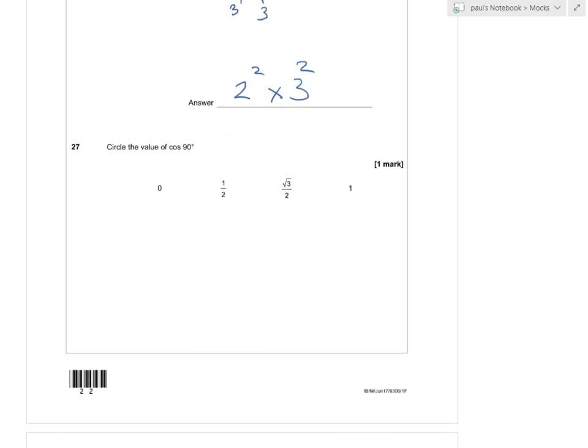Circle the value of cos 90. Now, a little clue for 90 degrees. There's 0 to 10. Yeah. The cos tells you how far the angle is across. So if you've got a 90-degree angle, the cosine hasn't moved at all. Therefore, on the x-coordinate, it will be 0. There is a way of remembering these where you can have them on your fingers and things, but